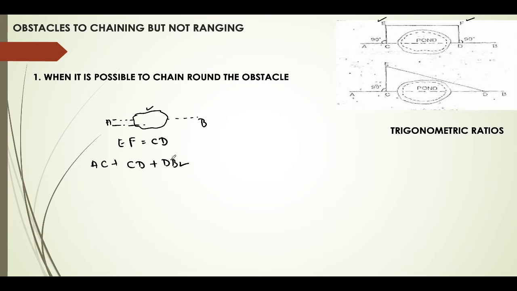In a similar manner, there is another method wherein we can draw a diagonal line from point E to D, and this distance CD is calculated by the Pythagoras theorem, that is, hypotenuse squared is equal to a squared plus b squared, so ED squared is equal to CD squared plus CE squared.